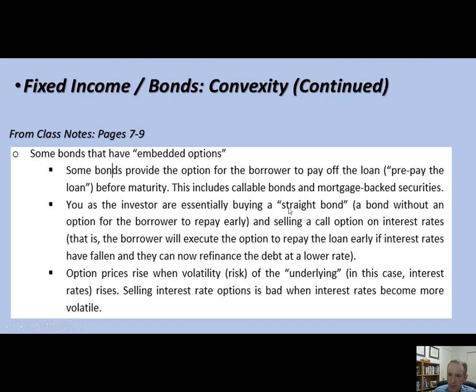So you're buying a bond, which means you're loaning someone money, and you're selling the call option. Your worst case scenario is when interest rates get volatile, because the call option you sold goes up in price when interest rates get volatile, which means something that you sold is going to go up in price. That means the net of your straight bond and the call option is going to go down in price. That is, callable bonds and mortgage-backed securities fall in price when interest rates are volatile. So if you expect interest rates to become volatile, these two bonds, callable bonds and mortgage-backed securities, are terrible investments.